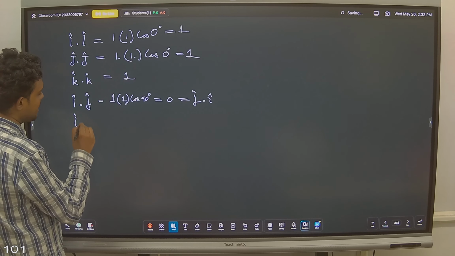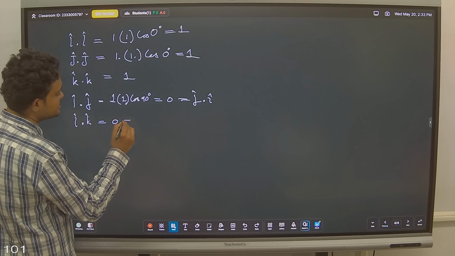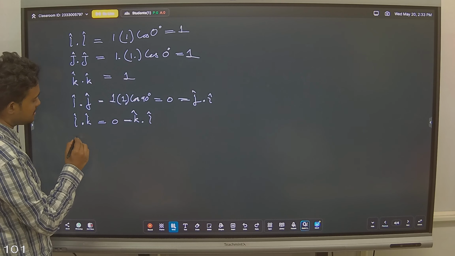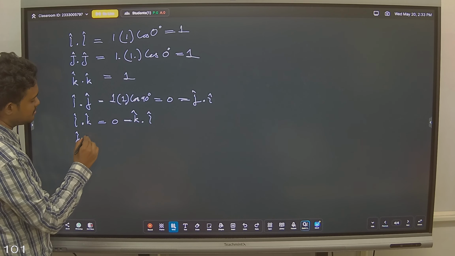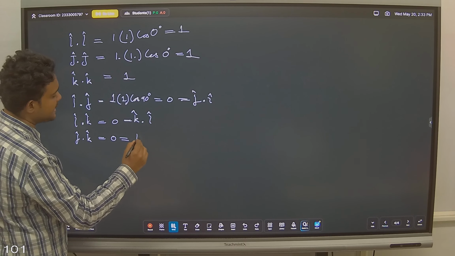What is i dot k equal to? 0, which is equal to k dot i also, right? So what is j dot k? This is also equal to 0, which is equal to k dot j,